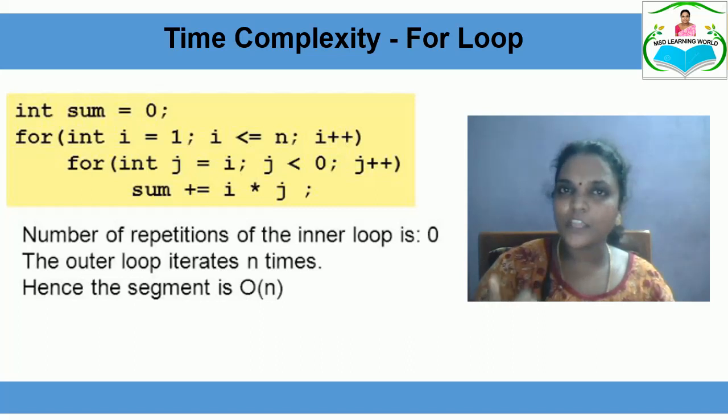When it comes to the j loop, j is again 2 and 2 less than 0 is false. So here we understand that the inner j loop never gets executed. So the total number of iterations performed by this nested loop is the outer for loop's n number of times. So, the time complexity of this example is order of n.